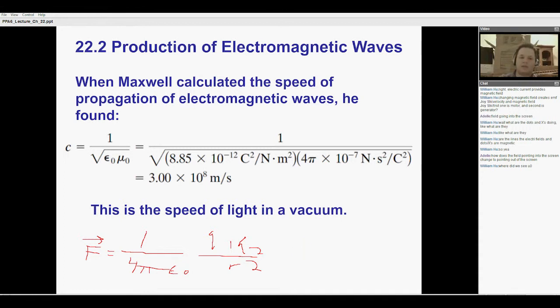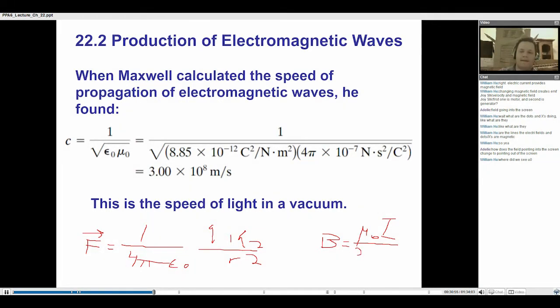So, for example, the magnetic field due to a wire is equal to the permeability of free space times the current flowing in that wire over, I think it's 2 pi times r. We said that the magnetic field was closest right next to, or strongest right next to the wire, and got